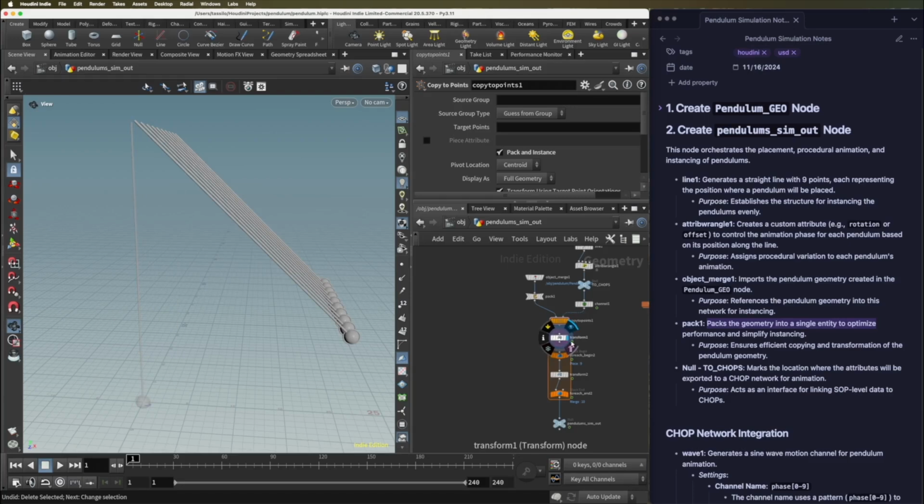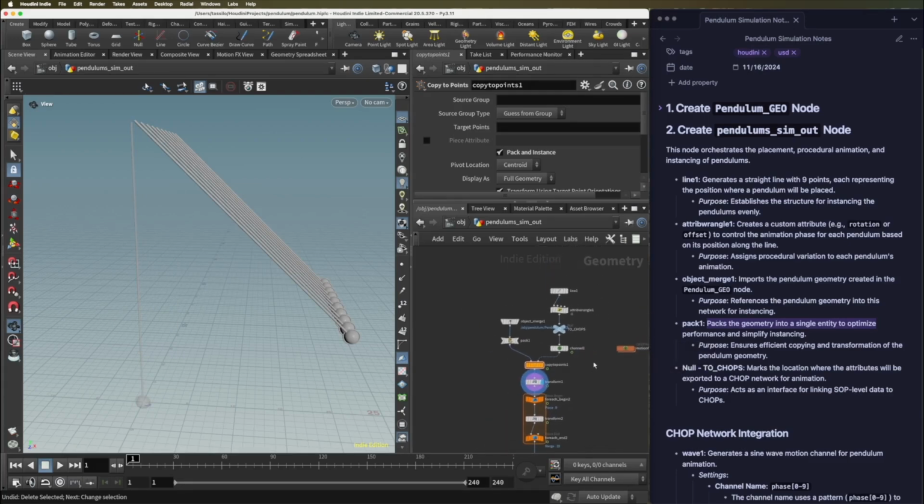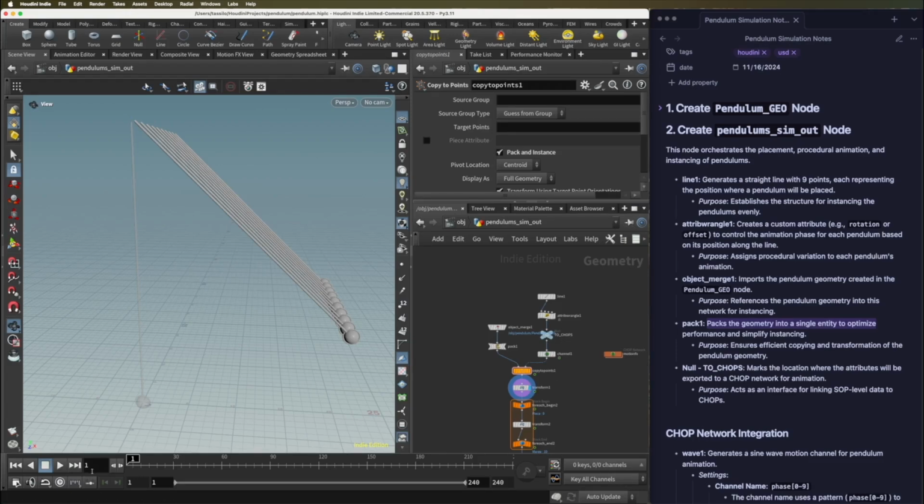Before I delete it, what I'm going to do now is walk you through the chops portion of this. And chops is the channel operator network in Houdini, and it basically allows you to operate on an array of numbers, and it can represent anything. And so it gives you a lot of freedom in creating and manipulating channels of data that you need to basically perform operations with. In our case, the operation is rotating each pendulum in a way that,